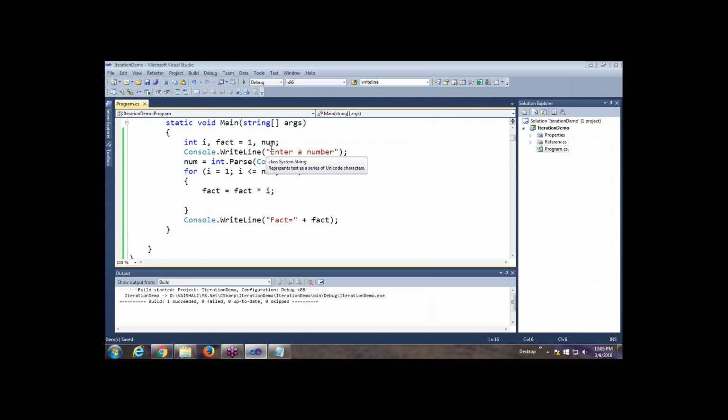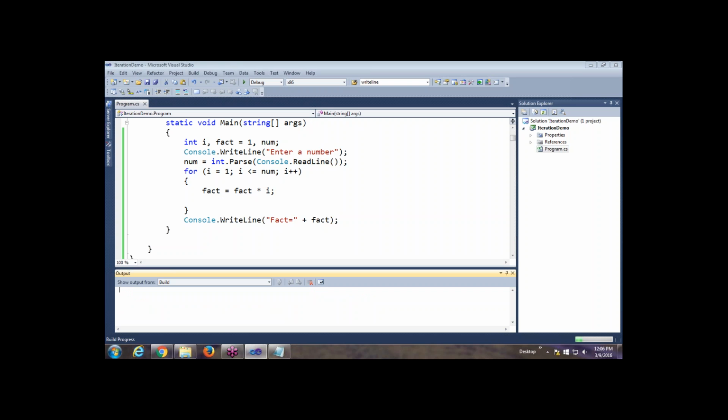Now I have changed the name of the variables here. Sum doesn't look logical when we are calculating the factorial. So let's use the name as fact. So here the variable fact has been initialized to 1. So we are asking the user to enter the number, and now the code you observe, fact is equal to fact into i. So if I execute this block, if I want to calculate the factorial of 5,